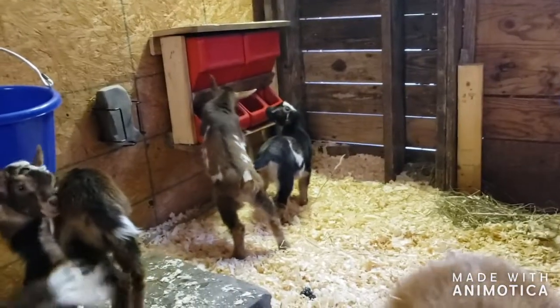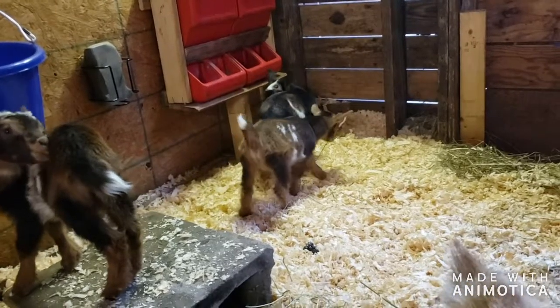But the last doe who kidded. When did Shine kid? May 2nd. She was hard to settle last fall. So when we got to December, I got a little panicky, and on her last heat, I brought a buck to her twice. It didn't help. So I have since decided to keep one of her does and sell one of Felicity's in place of her. Alright, so that one who's up eating from the minerals is the little girl I've decided to keep